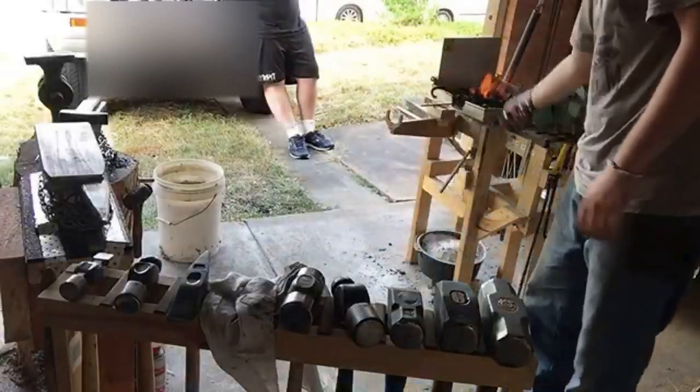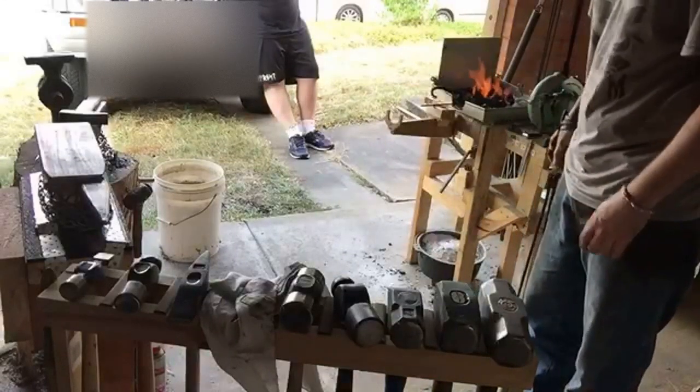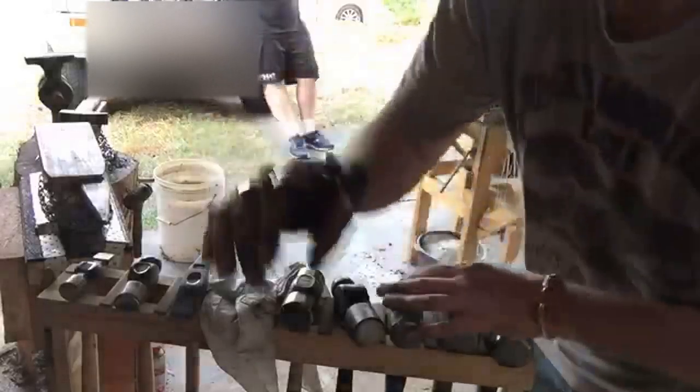So we're running the old hand crank coal forge here. My hand cranker is quite a vintage one that I reconditioned. And I'm going to be doing a live stream where I completely disassemble it and give it a